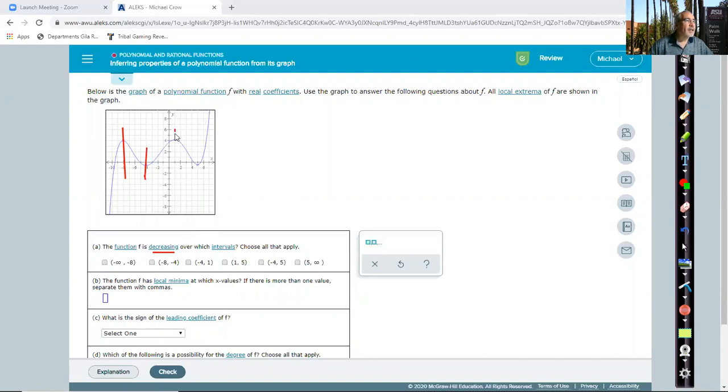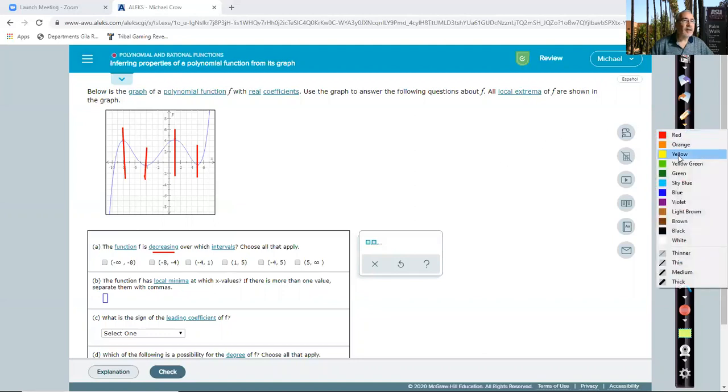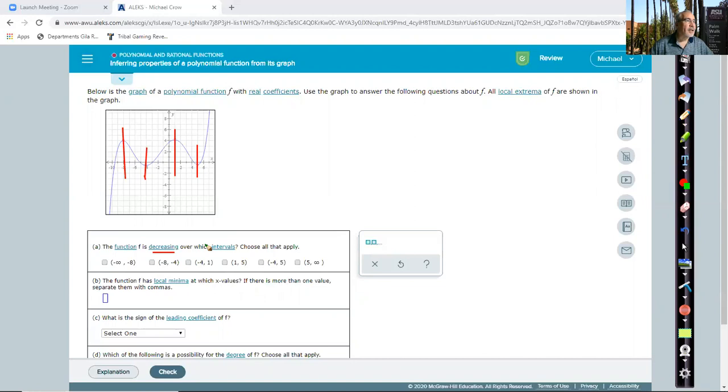Here's one here at +1, and here's one at +5. So we're going to label these points here. This is -8, -4,